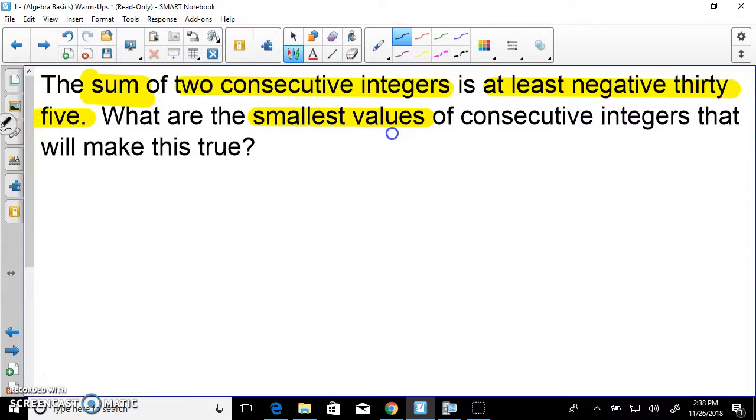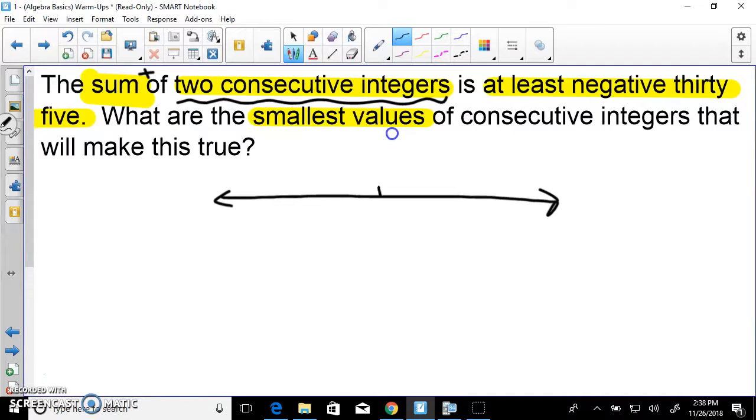So we know our inequality is going to have addition. And then it's talking about two consecutive integers. Remember, we talked about consecutive integers and what they are. Consecutive integers are numbers on a number line that are directly next to each other. So if I have negative 2, negative 1, 0, 1, 2, 3, and 4, consecutive numbers would be right next